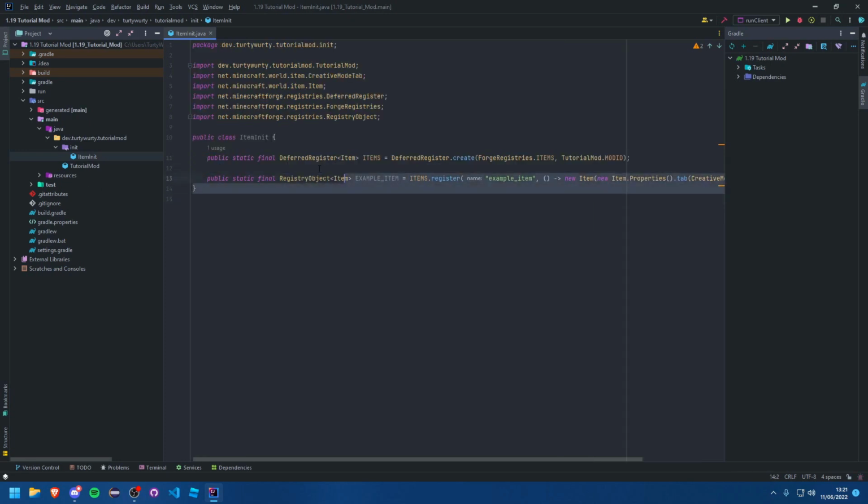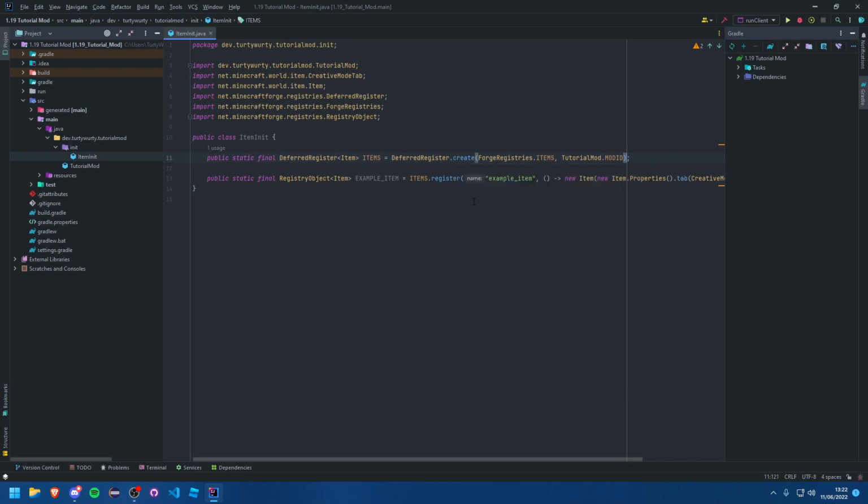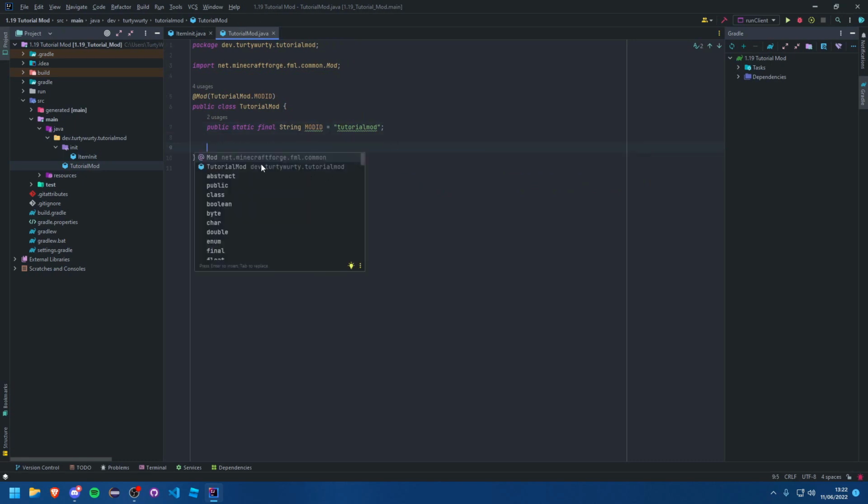Now, with that item registered, we need to actually do something that's maybe a little bit confusing: we need to actually register our deferred register. Just by creating a deferred register here, nothing is actually happening with it. Nowhere knows that this deferred register exists outside of this class. As you can see, this class is grey, and that means this class is not going to be loaded. So what we want to do is come into our main class, that is tutorial mod, and make a constructor,